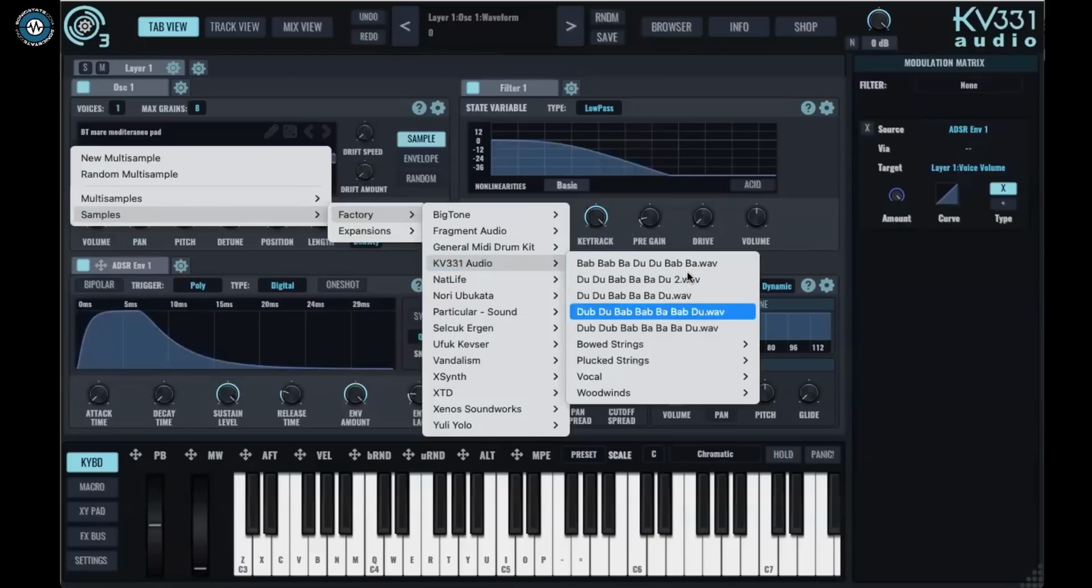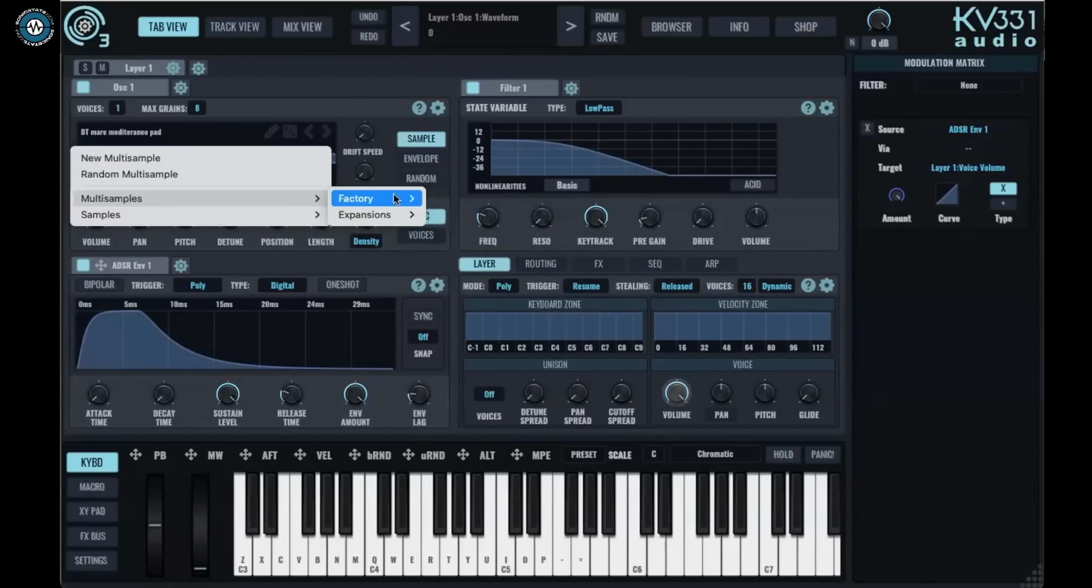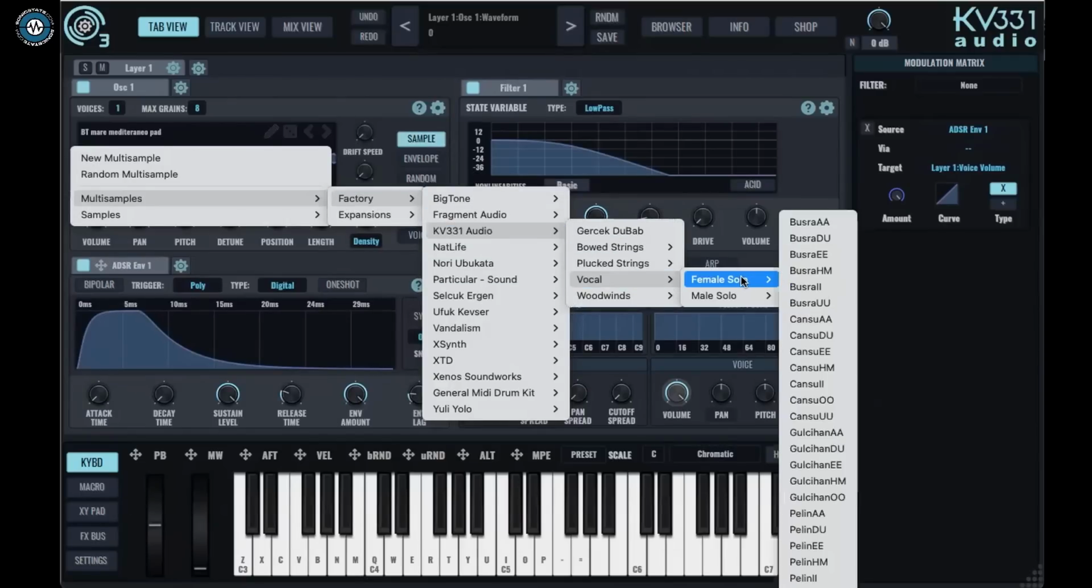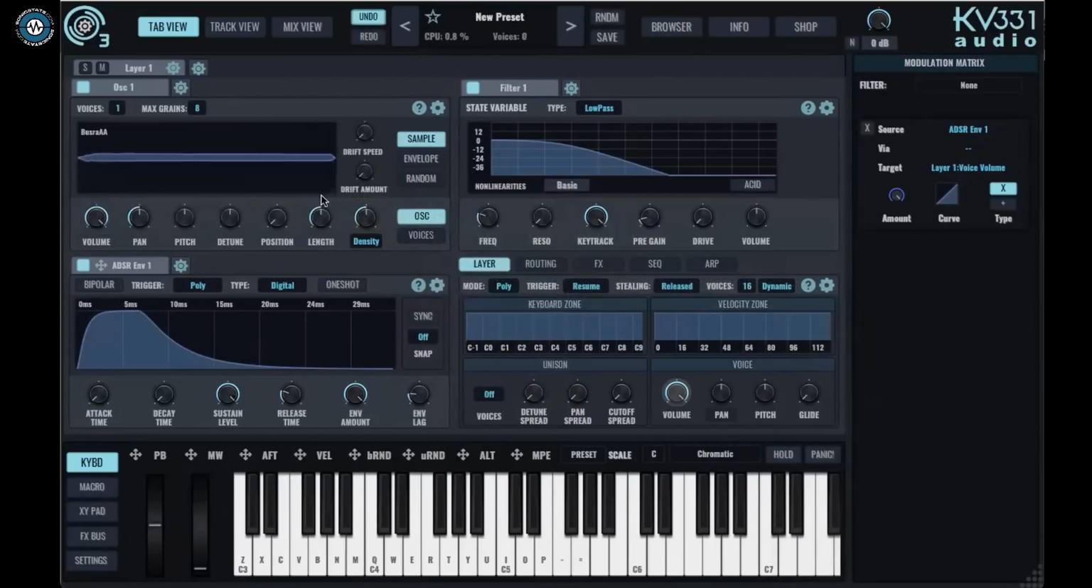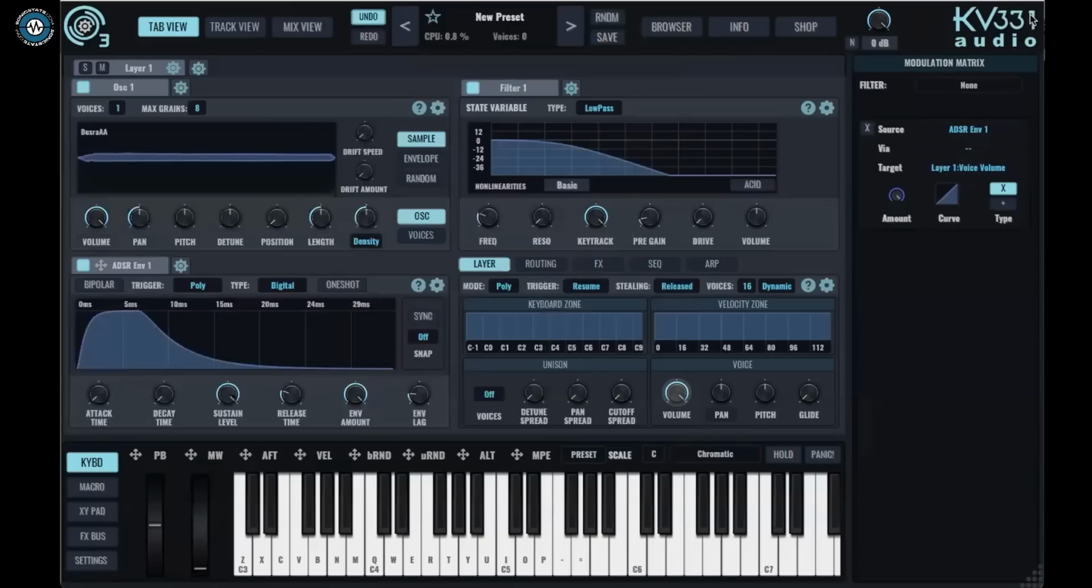Let's load, we have lots of vocal samples here. I'm going to load a multi-sample actually. KV331, vocal, female. For instance, let's load this. Okay, I'm going to play within this range. So I'm going to turn off the filter. So basically the granular oscillator,